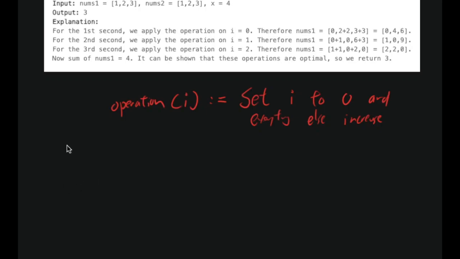So let's assume there is an optimal answer where the optimal answer somehow performs this operation i twice. So operation, let's say 2, will increase the 0 index element and the 1 index element by the value of nums2, and set the index 2 to 0, and then similarly increase everything else based on the value in nums2. So this will look something like this, and then we will do a bunch of operations,